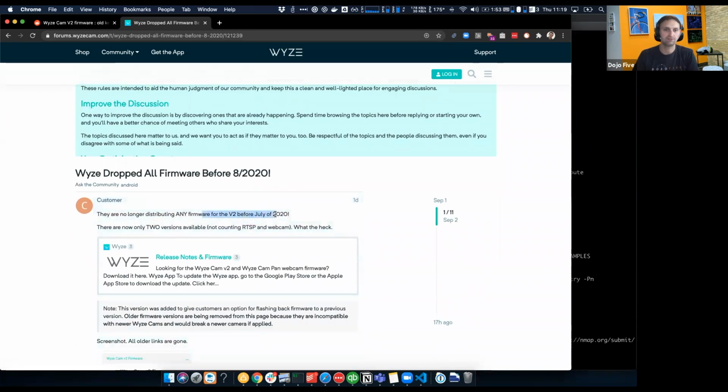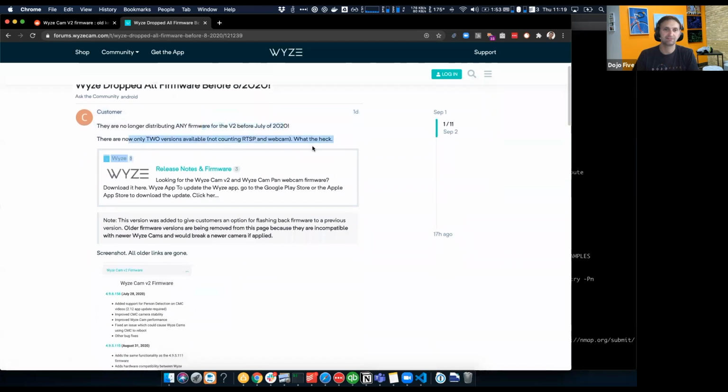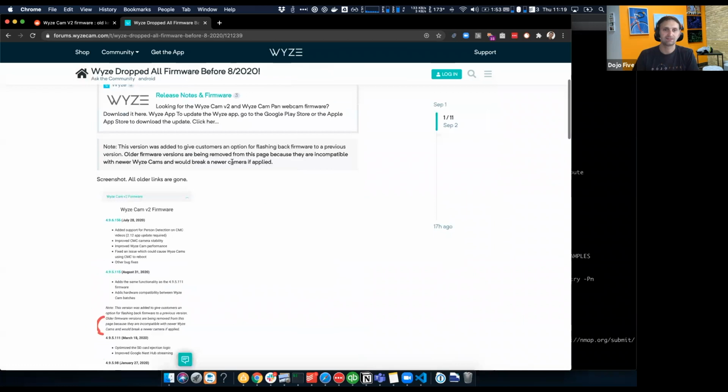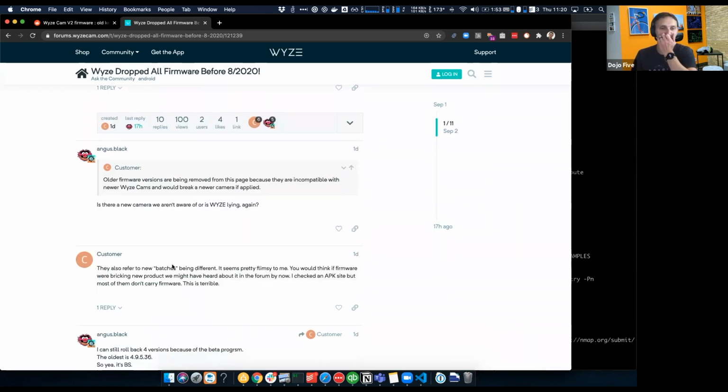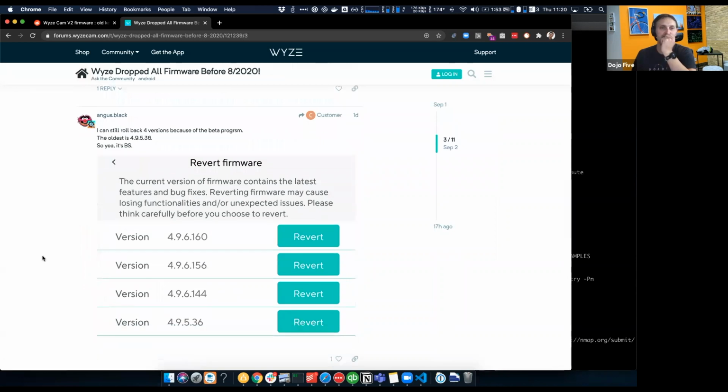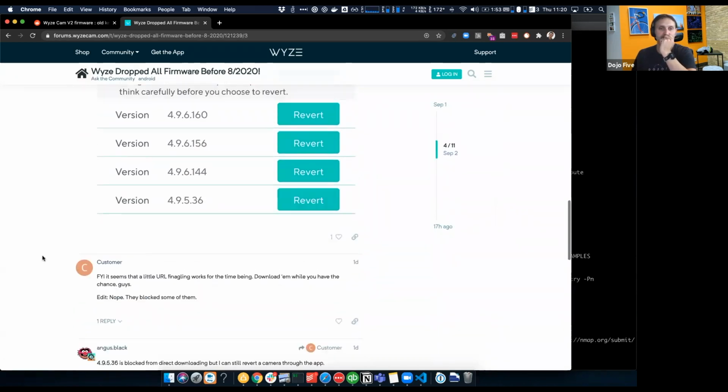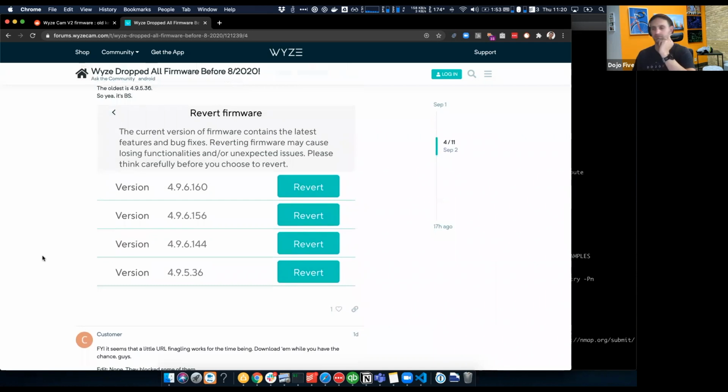Any firmware for the V2 before July 2020. Oh, interesting. Older versions are being removed because they're incompatible with newer WiseCams and would break a newer cam if applied. Oh yeah, there you go. So there's where having some older firmware is definitely valuable. Let's see though. So I don't know if we're gonna be able to revert it then, but